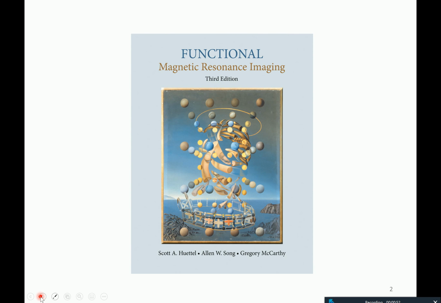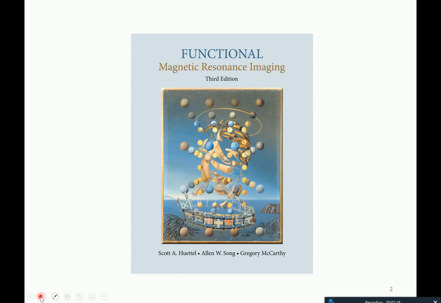And this part of the course is really based, maybe even more so than the EEG was, on this book, Functional Magnetic Resonance Imaging, by Huettel et al., which is really for a novice to the entire field of cognitive neuroimaging, a very good introduction to everything, covering